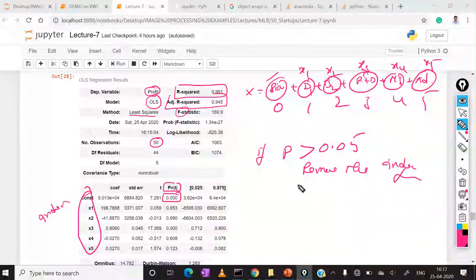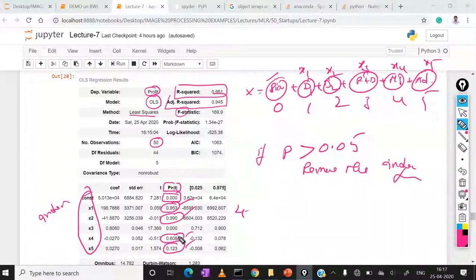Among the p values, four input features have p values greater than 0.05. So here we remove them one by one.